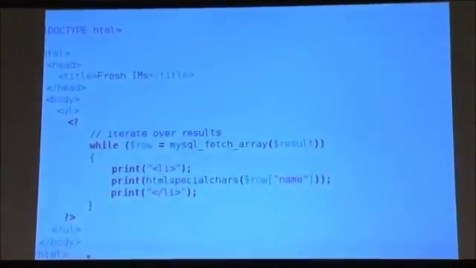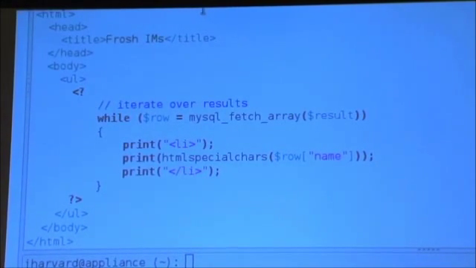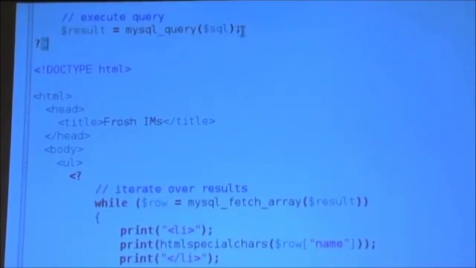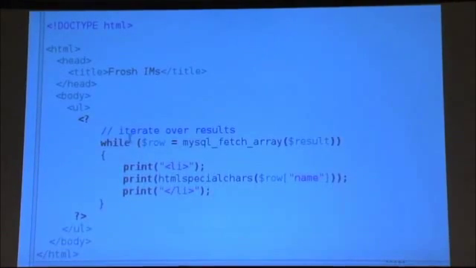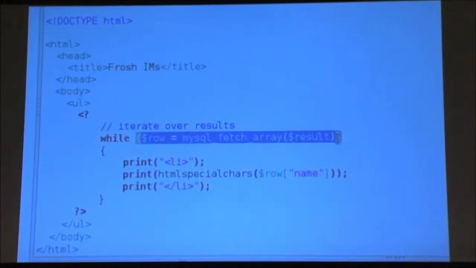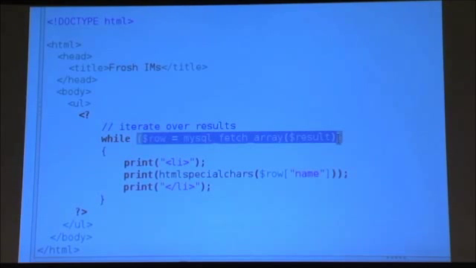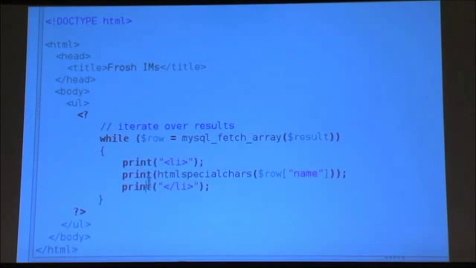So if we scroll down here and we actually want to write this page that's supposed to show the proctor who's in charge of Frosh IMs who has registered, notice we actually have to ask this result set that we got back from MySQL query, which is up here, give me a row, give me a row, give me a row. And we can do that with a while loop. We can say while there is a row to give me. So this function, MySQL fetch array, when passed a so-called result set, a collection of all the rows in the database that match that select query, go ahead and assign one at a time to a variable called row. And then I can get at the individual fields in that table by doing $row, open bracket, quote unquote name,